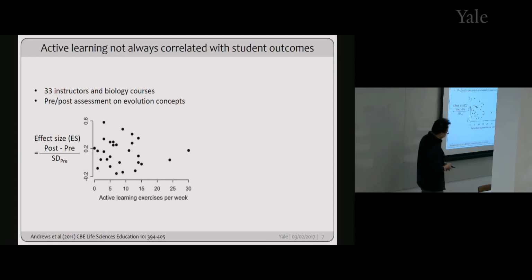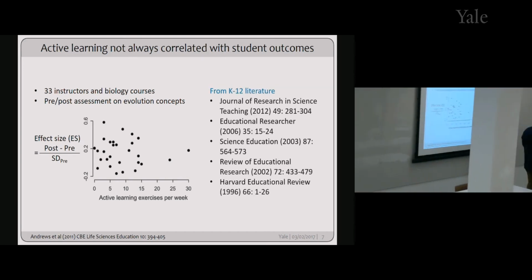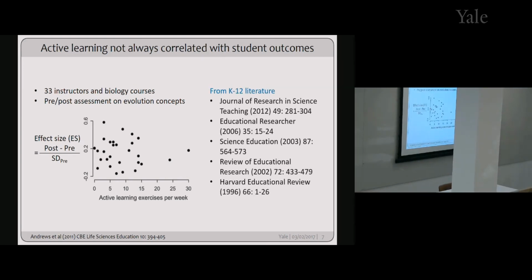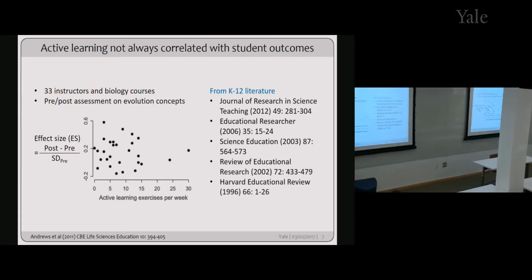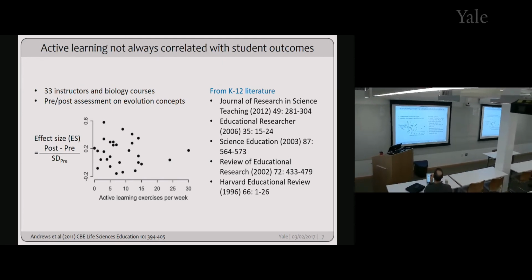And so again, this is not an isolated incident, right? There's actually a lot of literature in K-12 education related to this phenomenon: when a particular curriculum, teaching strategy, or intervention of any kind is disseminated and scaled up to large populations, the efficacy diminishes as the scale-up happens. So we think about active learning in higher education as generically one kind of intervention, right? Perhaps as it scales up, the efficacy becomes less or more inconsistent.